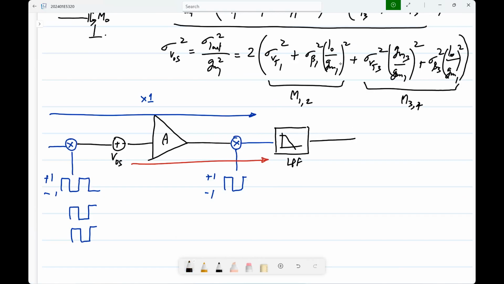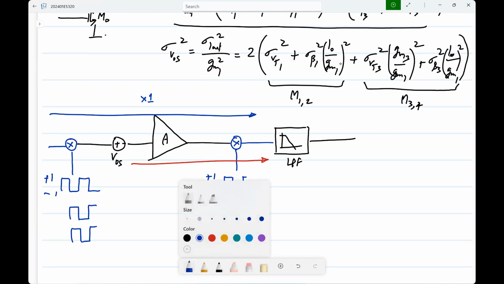Now there are of course many details here. I have assumed that this block itself is memoryless, okay. That is, if there is some filtering going on, then this will behave differently, okay. It's not that exactly if you put in a sine wave here, if that sine wave gets phase shifted, what you get out will be something different, okay. So that is one thing. Now one way to think about it roughly in the frequency domain is,